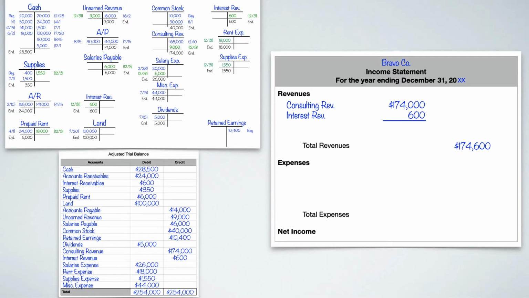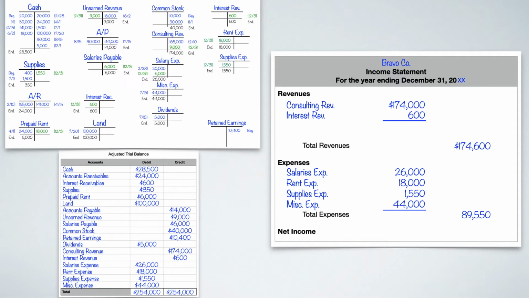We have 4 different expenses. First, we have salaries expense at $26,000. Next, we have rent expense for $18,000. Then we have supplies expense for $1,550. And finally, we have miscellaneous expense of $44,000. There's the 4 expenses that we have. We can add those up. That's going to give us a total expense of